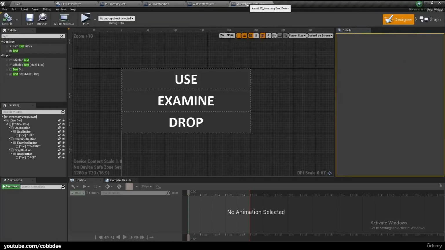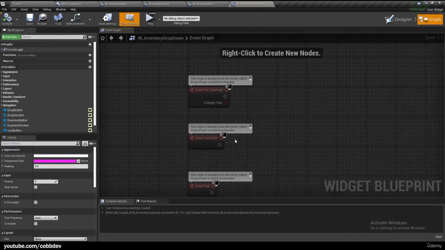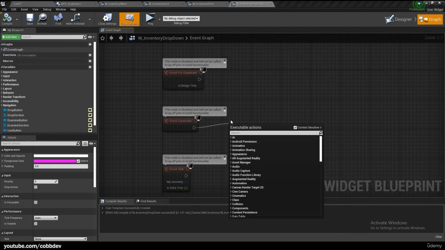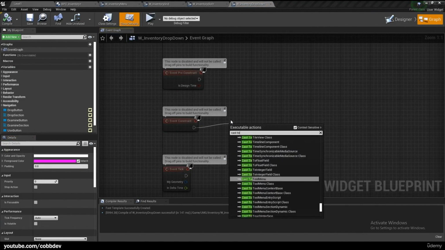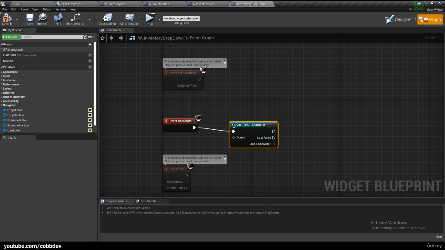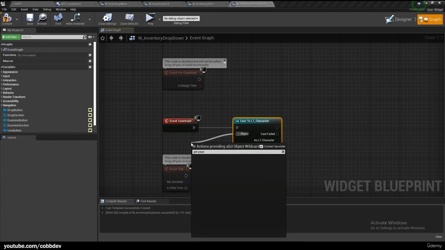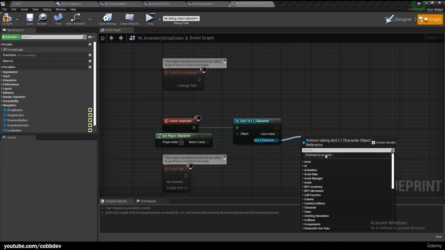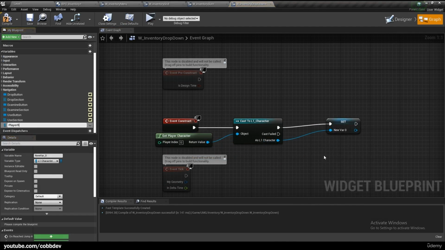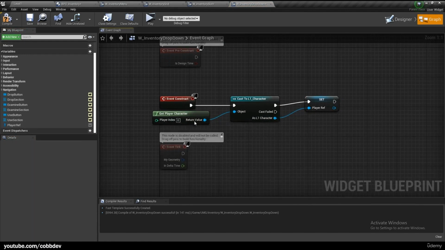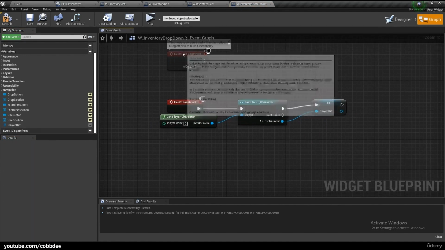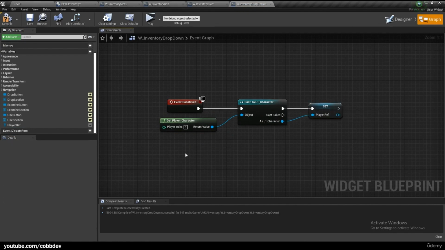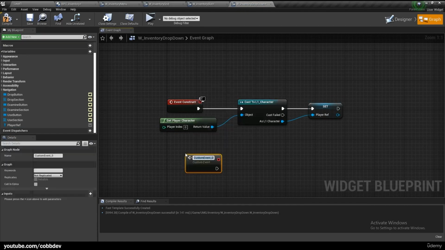So let's go to our W inventory dropdown widget, and in the construct, we need to cast to our player to get a reference. So cast to L1 character. Object is get player character, and we will promote this to a variable. We'll call this player ref. And we need a custom event. And delete these two things. And we'll call this custom event update menu,